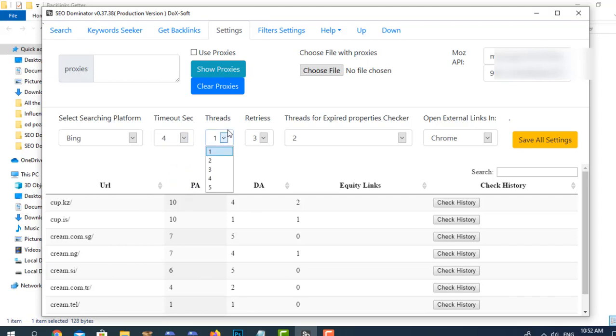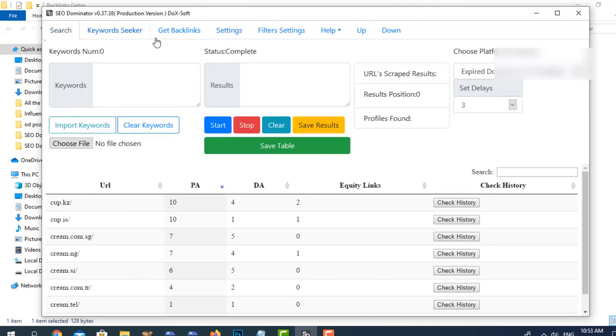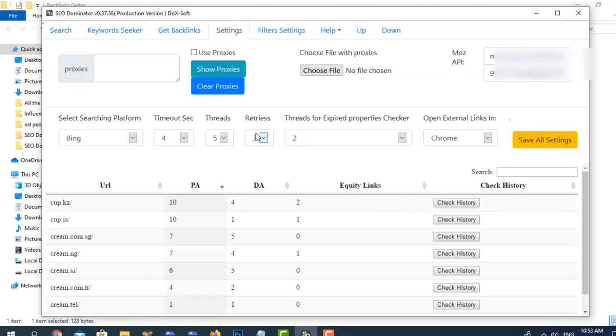Threads are basically how many instances at once the software will be using. So if you have a fast computer, you can put more threads. That means that the software will be operating that many processes at once. So if you put the highest number, that means that the software will use 5 keywords at once. On your software there'll probably be a lot more threads to choose from, but even with 1 thread the